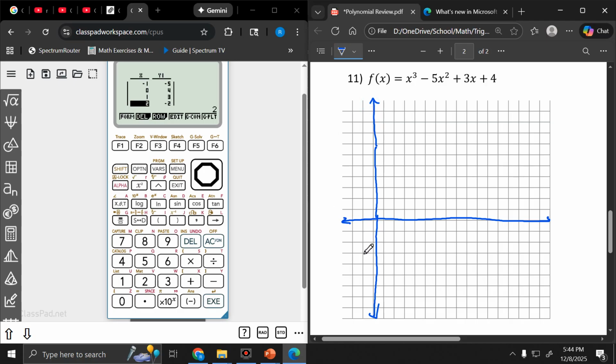All right, so -1, -5, 1, 2, 3, 4, 5, right there. And then 0, 4, 1, 2, 3, 4, right here. 1, 3, right here. 2, -2, right here. 3, -5, right here. 4, 0, right here. 5, 19, 1, 2, 3,